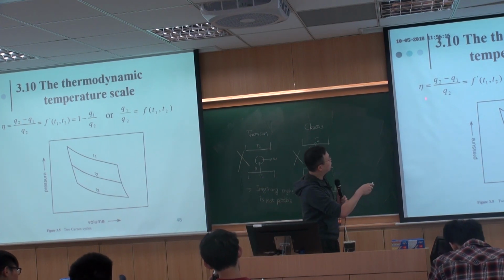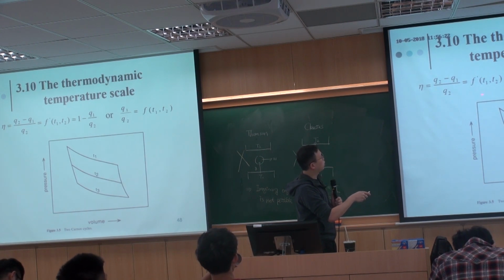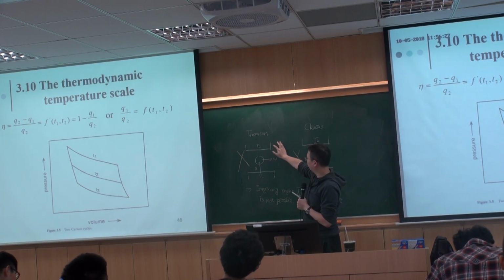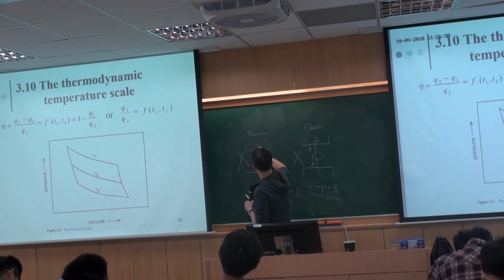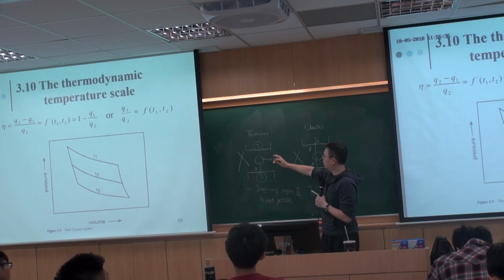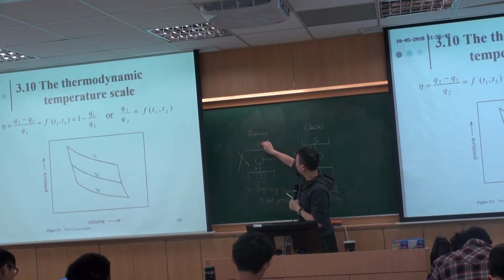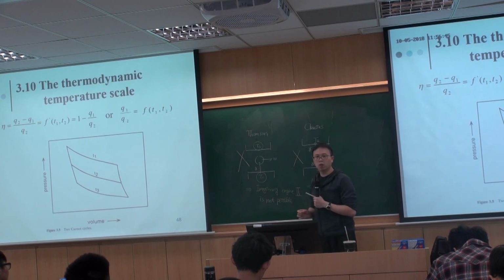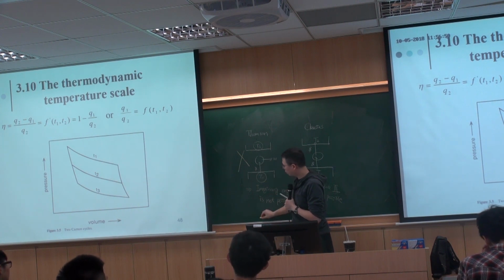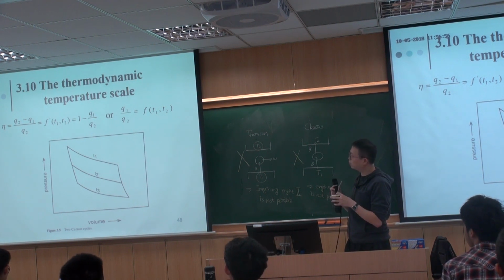So we know that efficiency can be written as something like this. And this is a function of temperature. Because all we know about a heat engine is the temperature over here. So whatever is going on inside should be able to be calculated by just knowing the temperature of the heat reservoir and the cold reservoir. So once we know these two, we should be able to come up with something that determines the efficiency of the heat engine, or at least for the Carnot cycle.